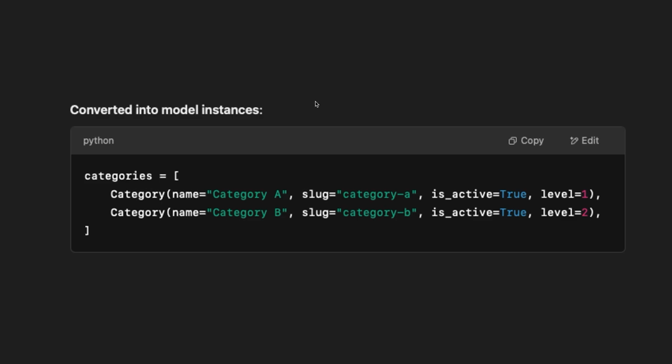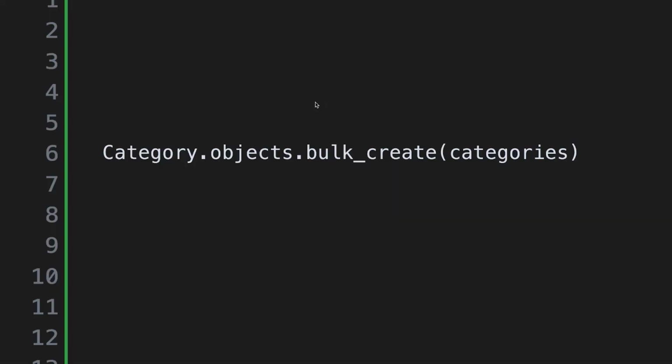So this is how the data is presented before we use the bulk create tool. And then we can go ahead and use the category.objects.bulk_create function and pass in the data we want to bulk insert into the database. Now you may have already noticed that we won't be creating, at least in this tutorial,